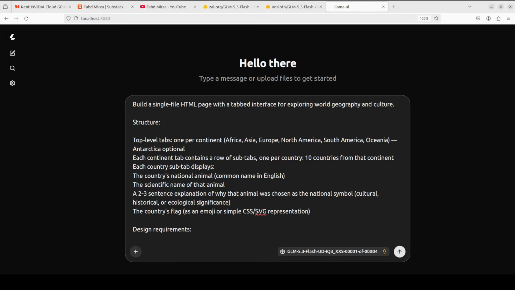We are testing with a real coding challenge, building a fully interactive, tabbed, and hierarchical tabbed web page covering national animals from 60 plus countries across 6 continents. This shows how the model handles structured data, nested UI logic, and clean front end code in a single shot with multilinguality. So it needs to tell me in the language of that country what is the national animal of